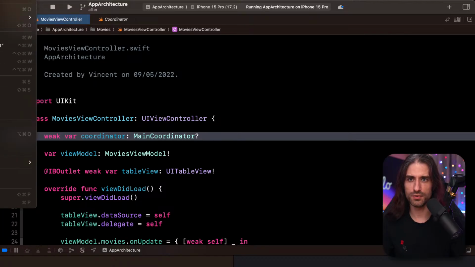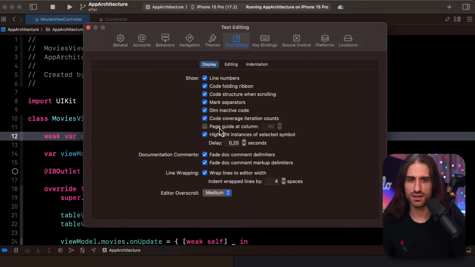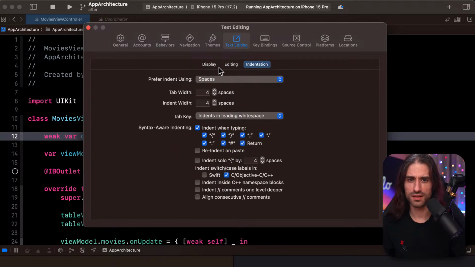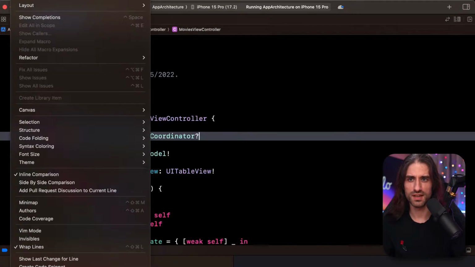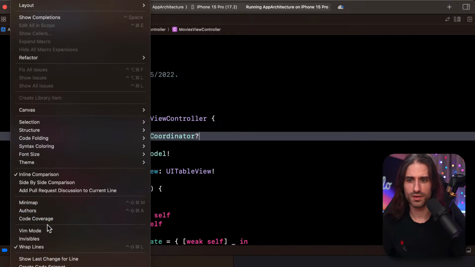You can enter Vim mode from the settings. So I guess it's a setting that you do maybe in text editing. I'm looking to see. Editor, Vim mode. So you're saying it's editor, and then maybe I missed it. Editor. Vim mode.